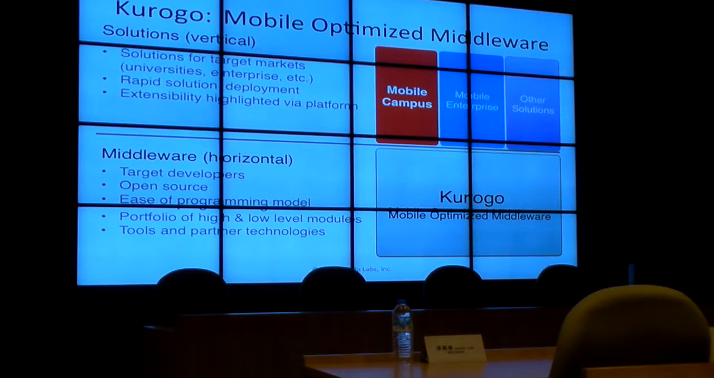And of course, there could be other types of solutions too, not just campus solution or enterprise solution, but you could actually target individual users out there using Kurogo. You could target small to medium-sized businesses, or you could target hospitals. You could target other types of industries where the mobile solution is necessary. And again, powered by Kurogo, so that they can take advantage of some of the core features, and of course